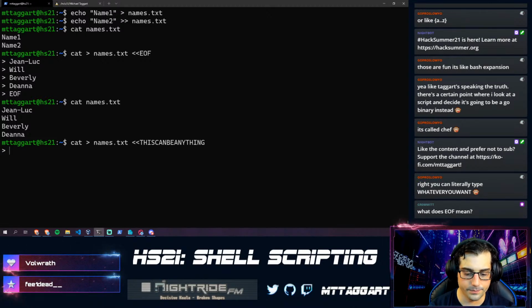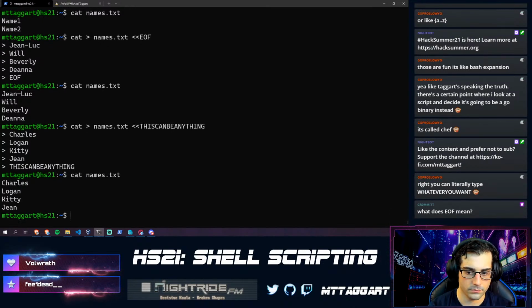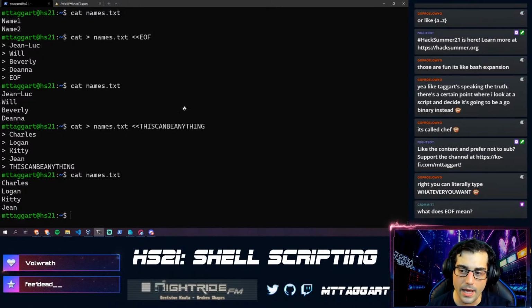Let's do this. So whatever I make the ender pattern be, it'll read until it sees that, stop, and then take that as the input for the command that I've declared.